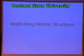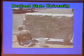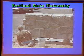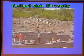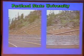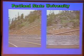And then we do some replication of historic structures. It's very expensive to use stone, and so we do use some simulated stone, concrete. We take patterns off of other stone within the park. And it varies depending on where you are in the park. So you need to fit the context of whatever the stonework in that portion of the park was, how it was developed. And so in this case, we were building some retaining walls, and they're simulated stone, and they're stained. We have some trouble with the stain on this one. We're going to have to go back in and restain it,